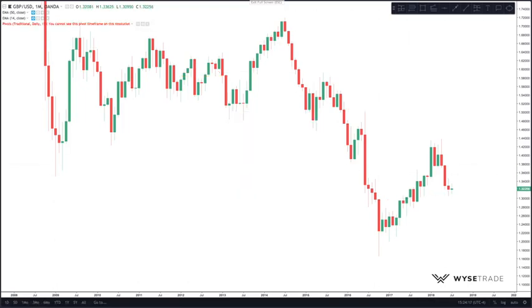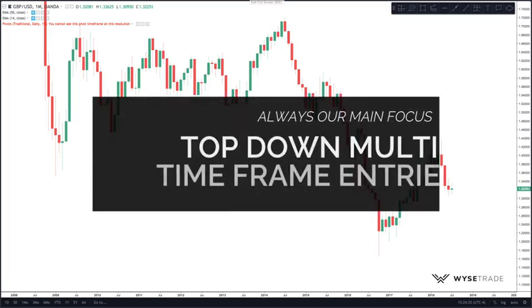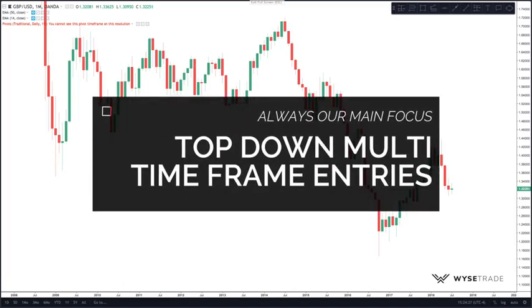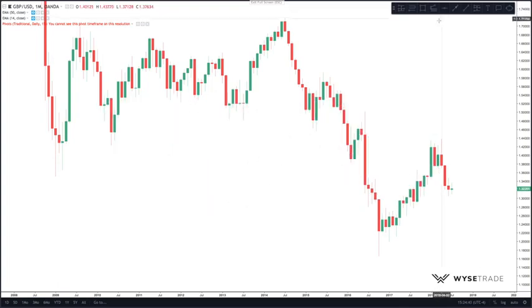Here is the pound dollar. Remember that great setups take time to develop, and our main focus is showing traders how to take high quality trades that follow our main core strategies, which is top-down multi-time frame entries. Starting with the monthly,